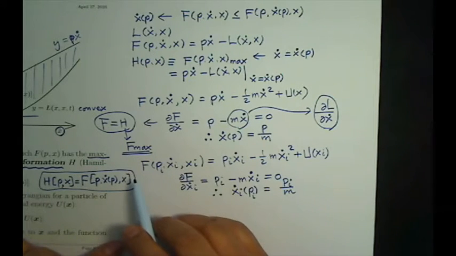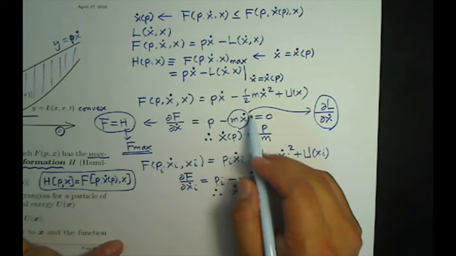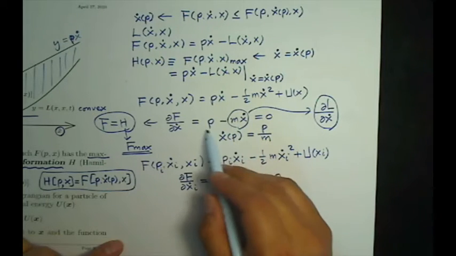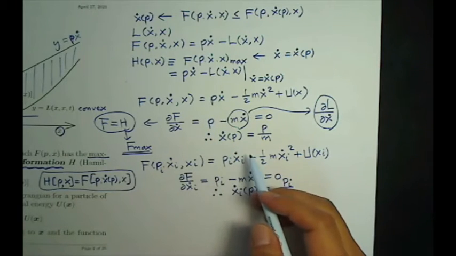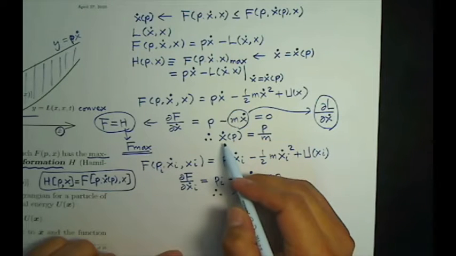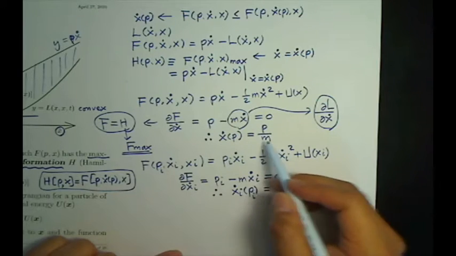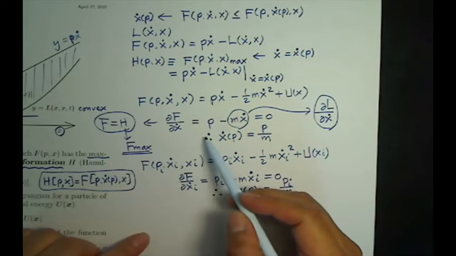Therefore, we find that m x dot must be the same as the conjugate momentum. So x dot p is the conjugate momentum divided by m. If I substitute it in here, what we find is